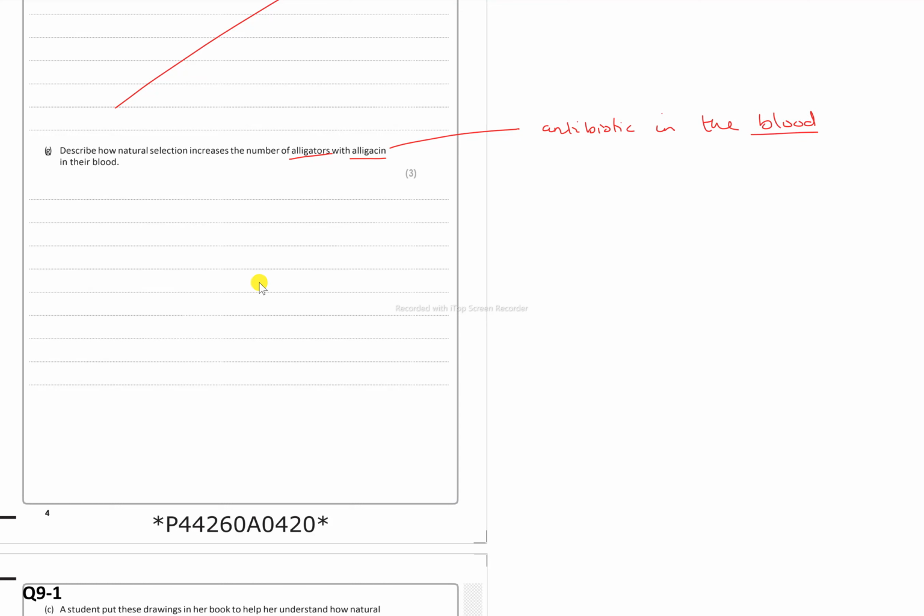So what they're saying is the alligators with more alligacin, we'll call it, because you say alligator, alligacin will survive. So what happens is